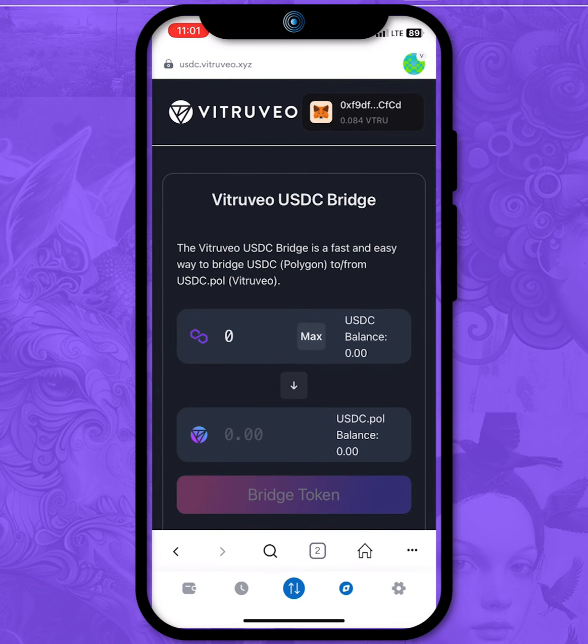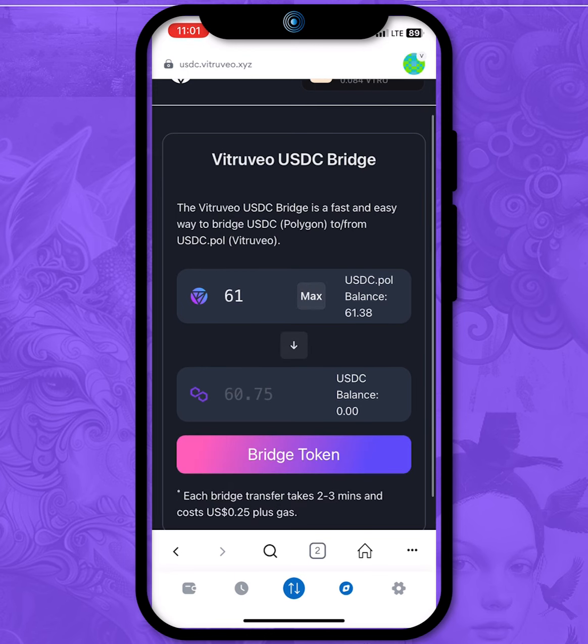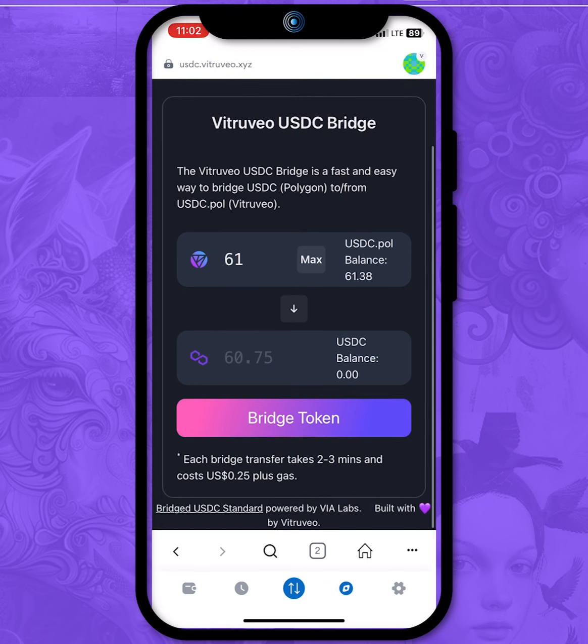In the USDC bridge is where you switch from USD.pol to USDC. So let me go and switch it. I'm on USD.pol, and I have 61.38. Now I can put everything in, 61. Remember, it only works with whole numbers. So 61 is what's going to go in. And I am,